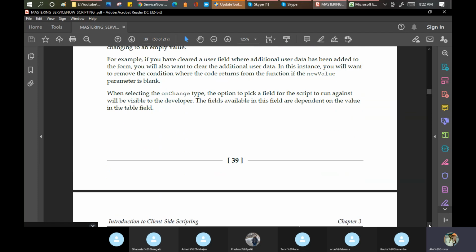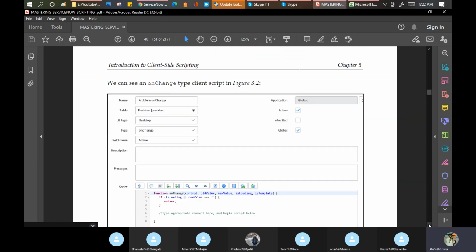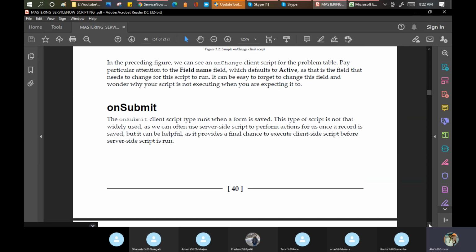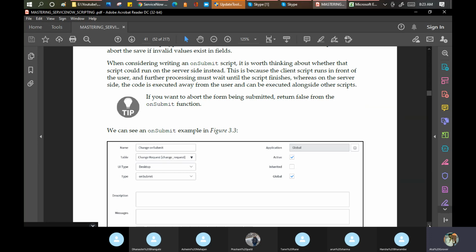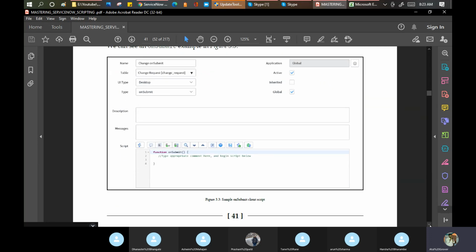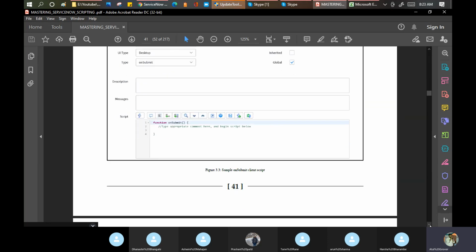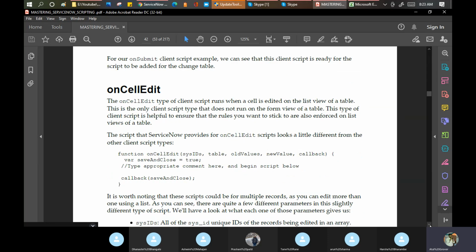Going to the next one, on submit requires no parameter. For example, on submit I want a message, thank you so much for your support. I can do that on submit, and we can mention our code here. The only thing required here is to understand what to code, what to script, what to write. The rest is just a one-time activity.